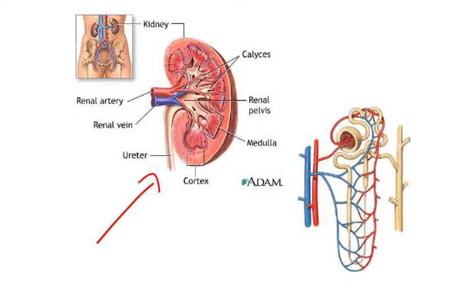So this is a look over here at the cross section of a kidney. What they've done is they've taken this, and it looks like a kidney bean, big surprise, and they've cut it in half and removed, you could say, the front half, so that we can see in cross section. What you'll see is the kidney has big, giant renal arteries that deliver blood and renal veins that carry blood away from the kidney, and then these structures branch out into tiny little units over here that we have decided to call nephrons,